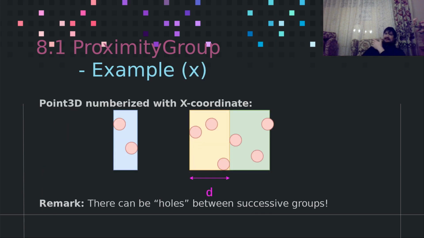So I think it's best to show this in examples. Let's say we have 3D points, but we only numberize them with the x coordinate. You don't see the depth here, but it doesn't care too much. So you see the x is the x in the viewport here in the presentation also. You can also see the d